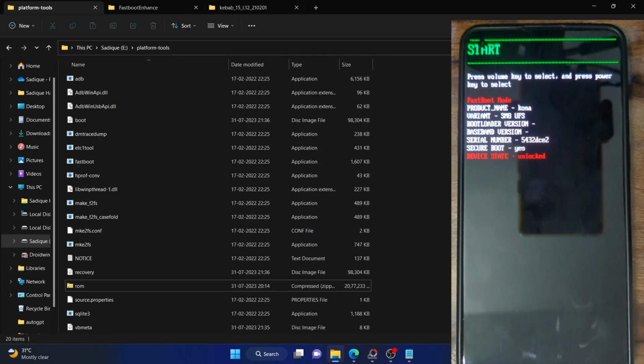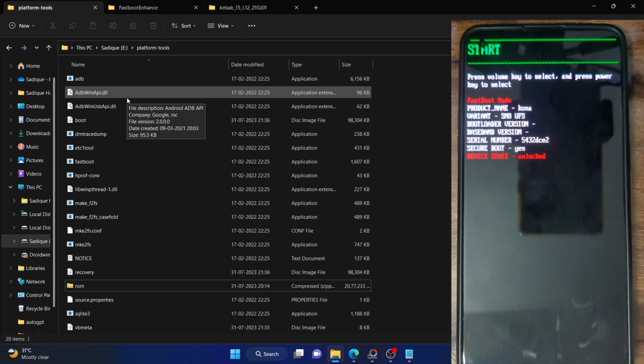So first off, you have to download the Android SDK Platform Tools. This is the official ADB binary given by Google and is required to execute ADB and fastboot commands. So make sure to download it from the link given in my guide, and once that is done, let's start off with the first fix.